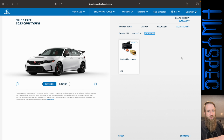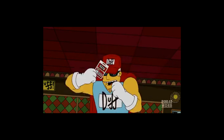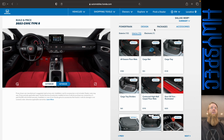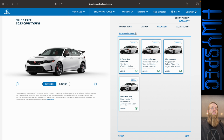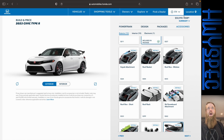But we're not doing it the way I would spec it. We're doing a max spec build. So we're going to go back through. Back it up! Add all the options. Let's start with the packages, getting all of those picked up. And we already do have a color that is $455, so we don't have to worry about that. That puts us at